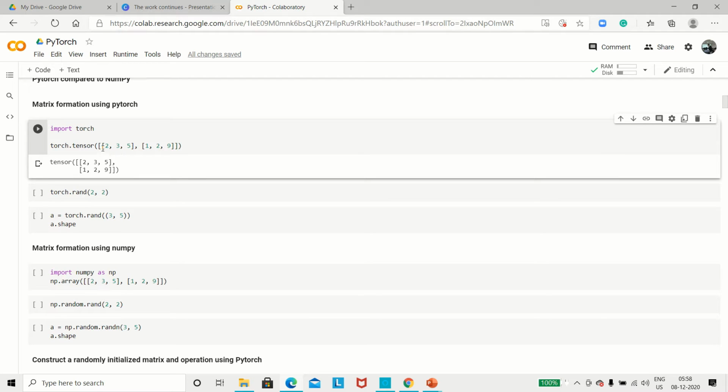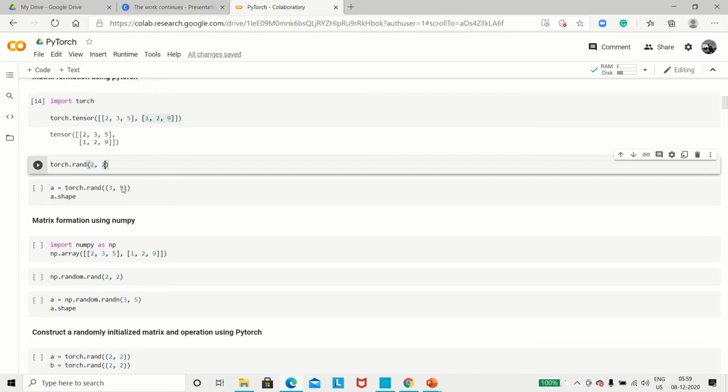This is the first row containing elements 2, 3, 5, and this is the second row. When you call it, you see the array has been built with the values that you defined above. That's simply how you can form a matrix with the help of torch.